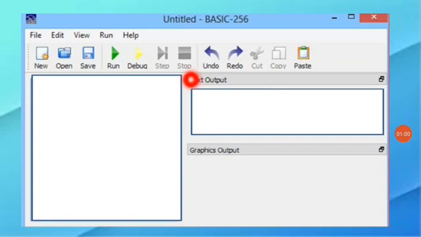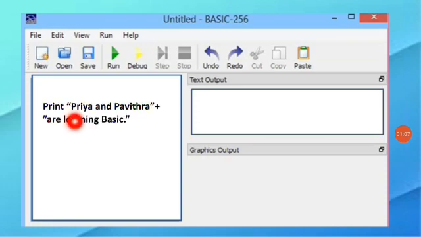Okay children, let's do the program. See here, print "Priya and Pavitra" within double quotes. We are using the plus operator, that is, concatenation. Next we use, within double quotes, "are learning basic". After writing the program, what do you have to do? You have to check whether there is any error in our program.